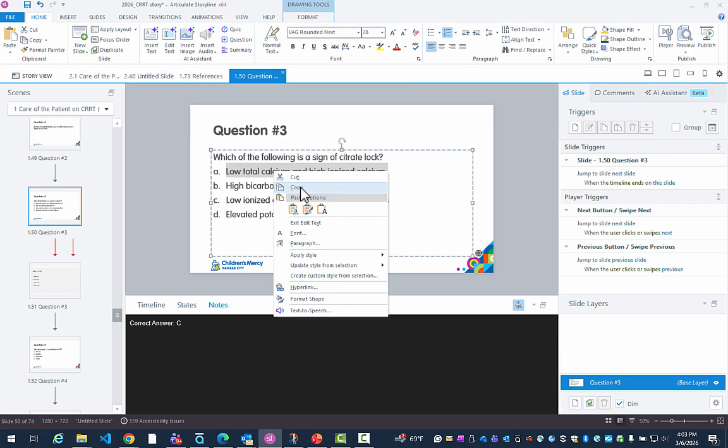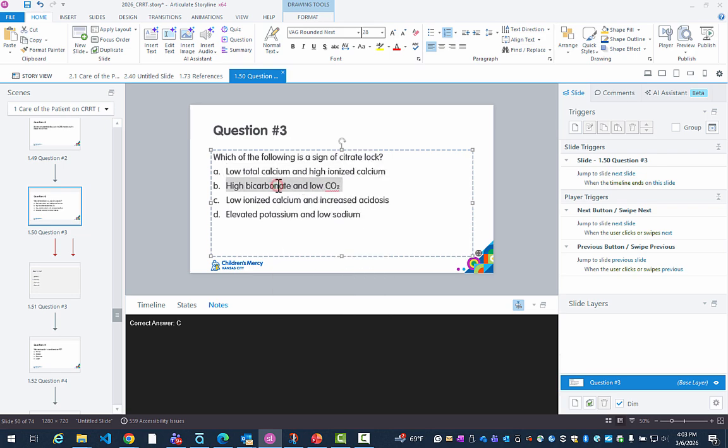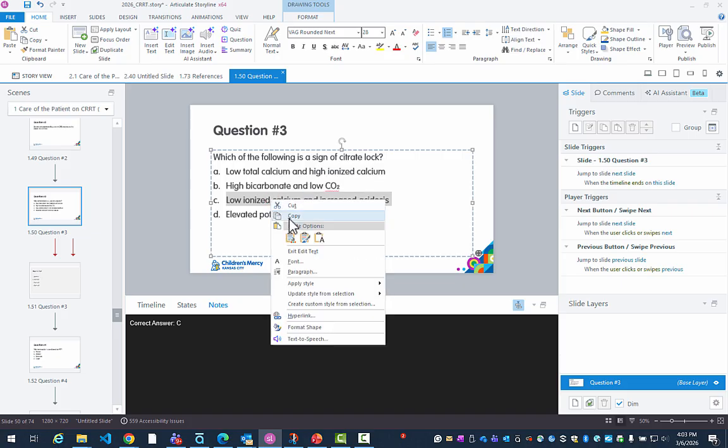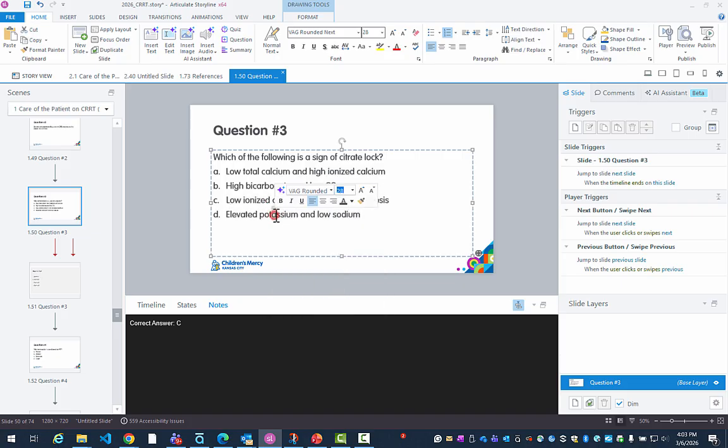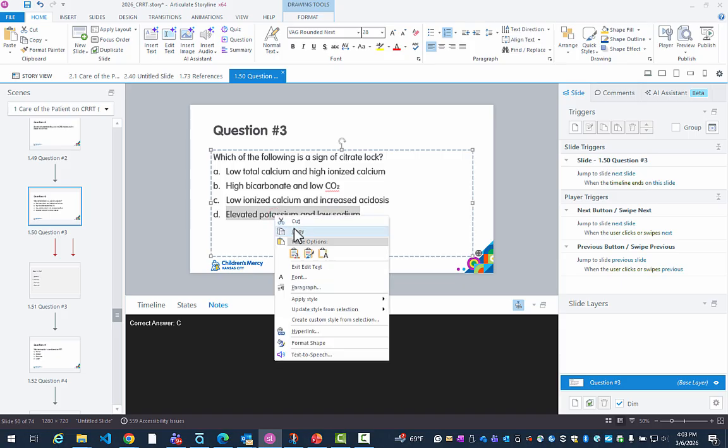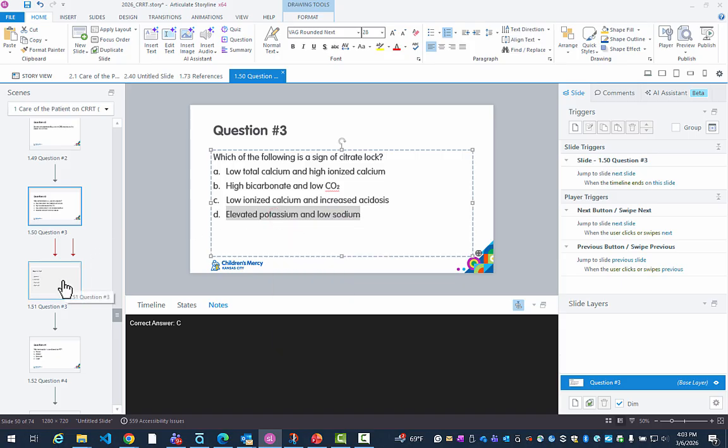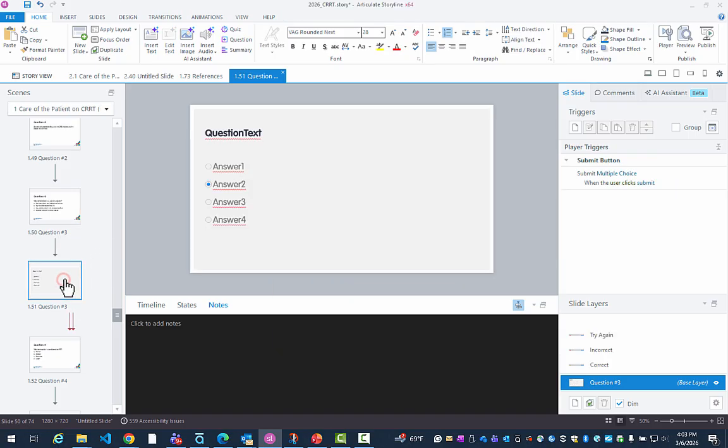Control C, or right click and copy, right click copy, right click copy, copy, and then when I go to my blank question,